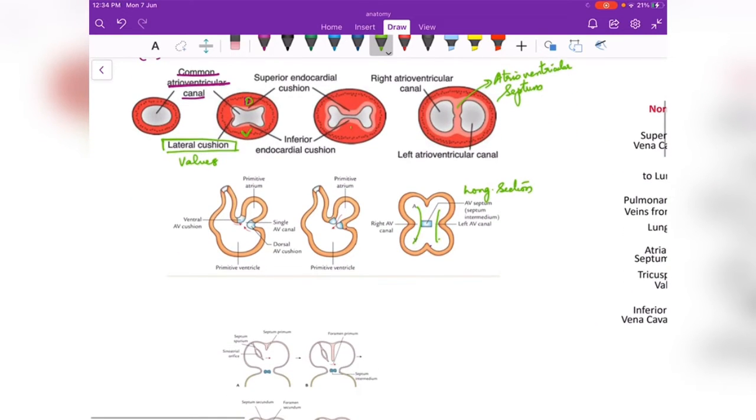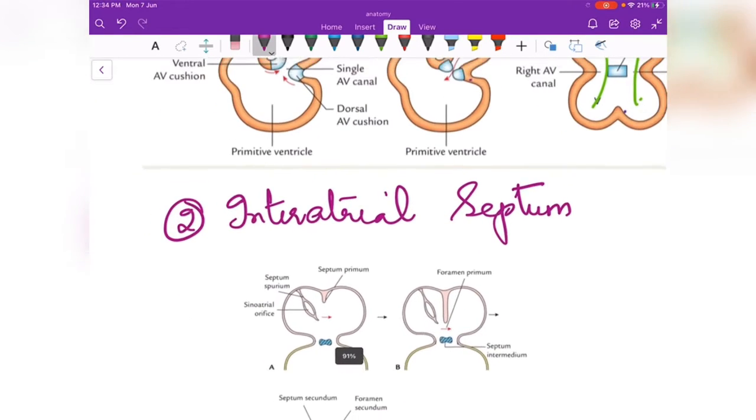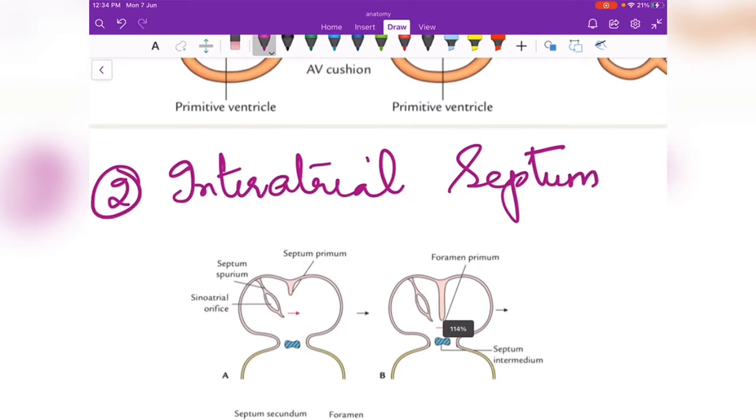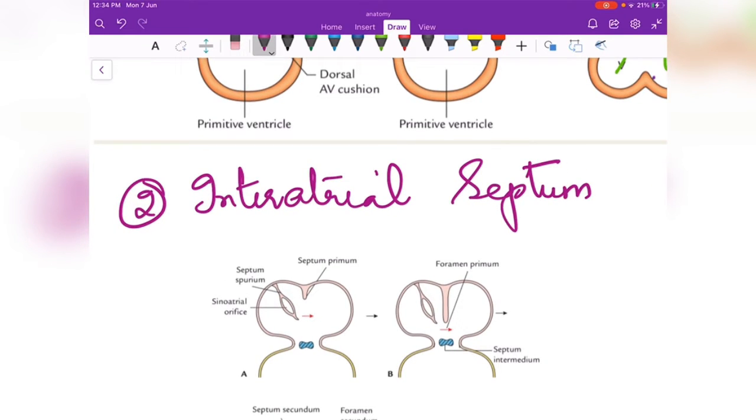Okay, next we are going to discuss the development of the interatrial septum. This is quite interesting and very important also. So we have the common atrial chamber, and this is the atrioventricular septum, also known as the septum intermedium. So what happens is that in the roof